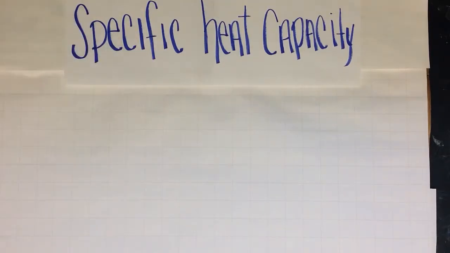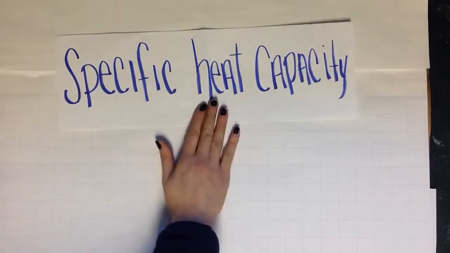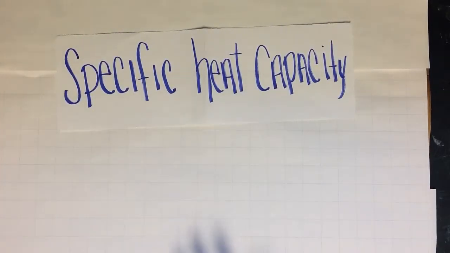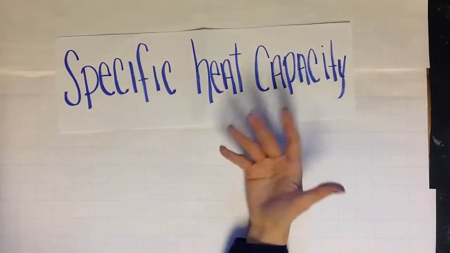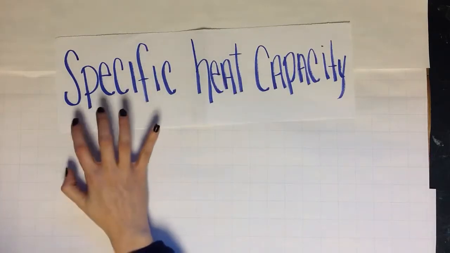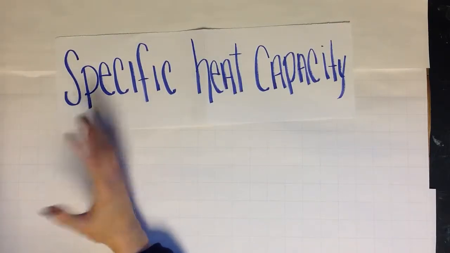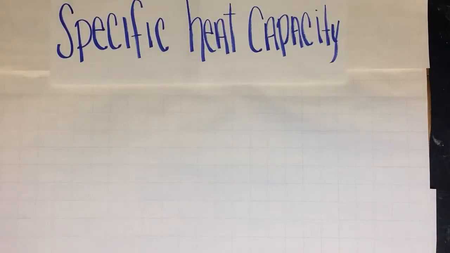Okay, now what does specific heat capacity mean? Well, if we think about it, the words specific, heat, and capacity. Capacity is an amount, a maximum capacity. It's how much something can hold. And so we're talking about heat. Heat capacity refers to how much heat, how much energy, something can hold. And when we talk about specific, we must be relating to different things. So specific heat capacity in a formal definition is